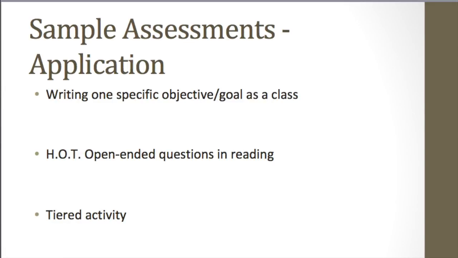Next, HOT open-ended questions in reading. One example follows. List 3 themes that are present in American Born Chinese. Choose one from your list that resonates with your heart and mind and provide compelling reasons as to why this theme is important to the story and to you. Use evidence when possible. This would fall into the analyzing category of Bloom's taxonomy.